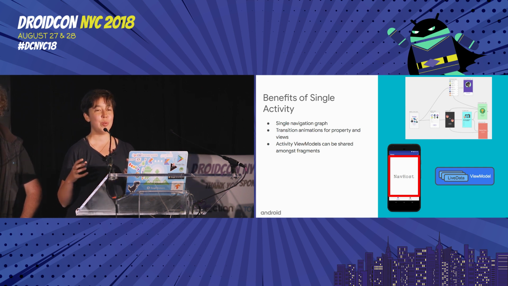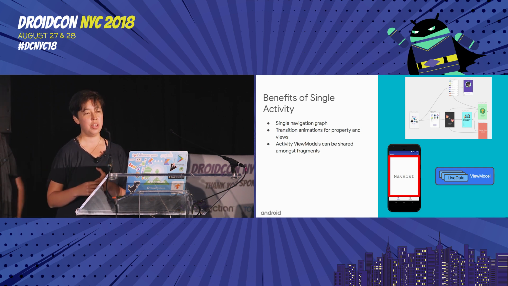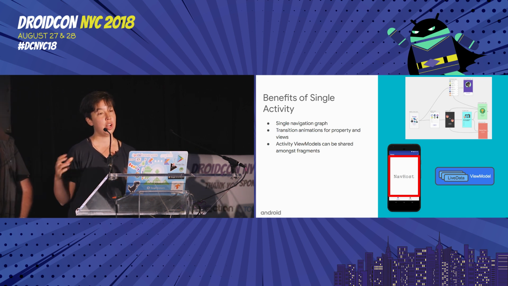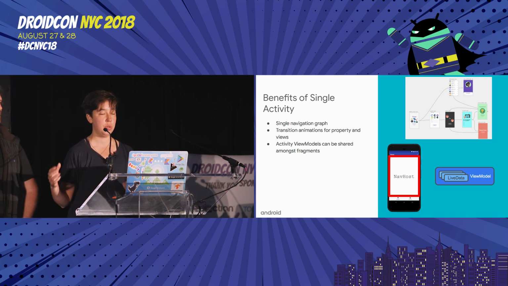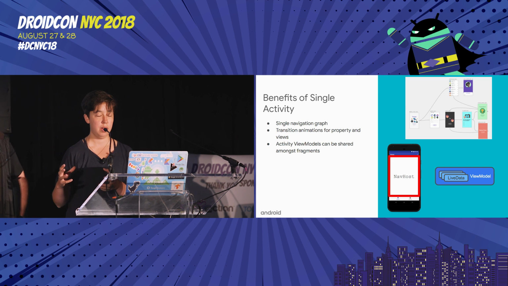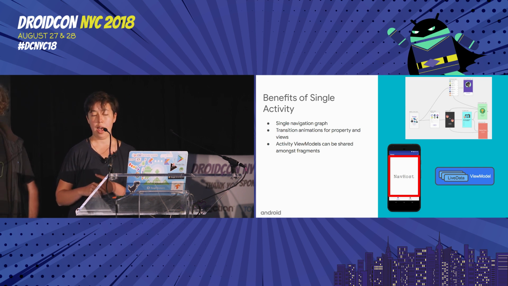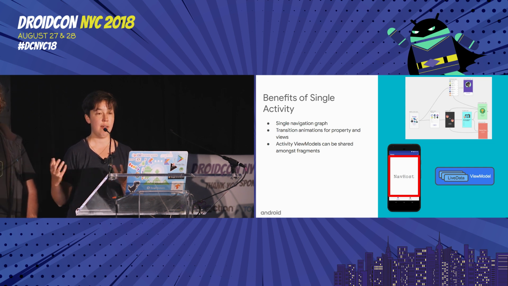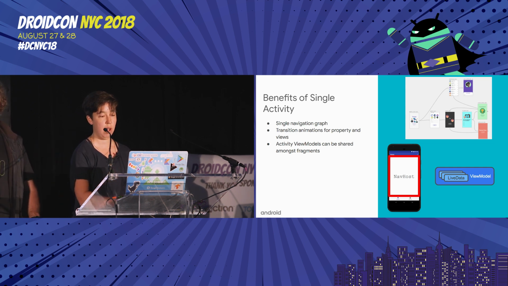And finally, if you're using ViewModels, which is another component that was part of the Lifecycles library, you can have a single activity view model that's shared between all of these fragments if you're using a single activity fragment model. So if you have information that should be shared, like whether the user is logged in or not, this is a great place to put that information and just have it there available for you instead of worrying about passing it around your entire app.